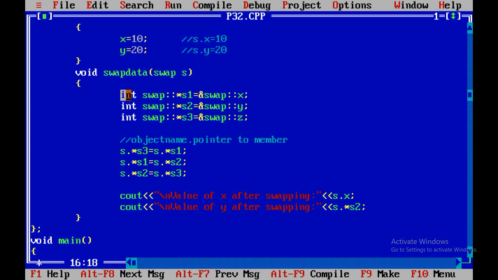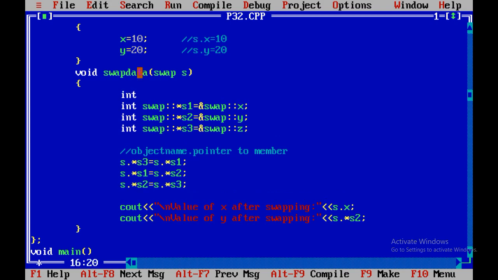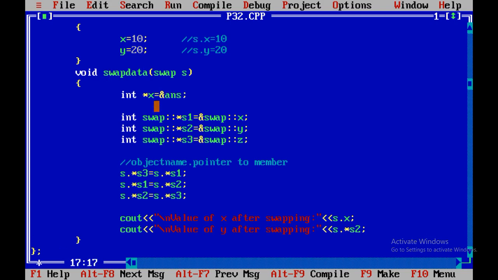Now over here I have taken the integer data type. See, if you want to declare any pointer variable, you can declare it this way, right? Let us take the same example whatever we have taken over here. See over here, pointer s1 equals ampersand x.